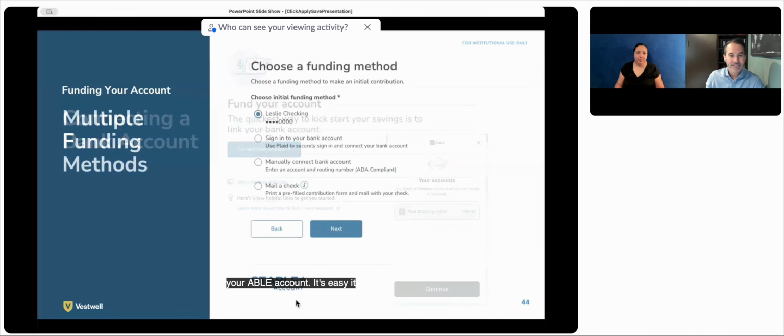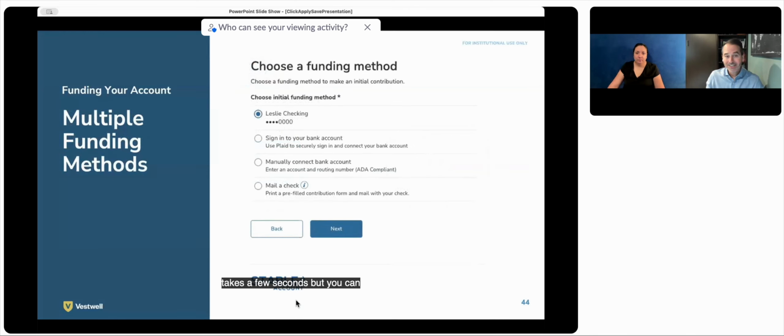We can go to the next slide. Choosing the funding method, as I mentioned, again, this is just an example of some of the options you could do. So we want to give you plenty of ways to be able to put money into your account the first time. And then we give you a lot of different ways that you can put money in or take money out of your account once it's already open and funded. We can go to the next slide.